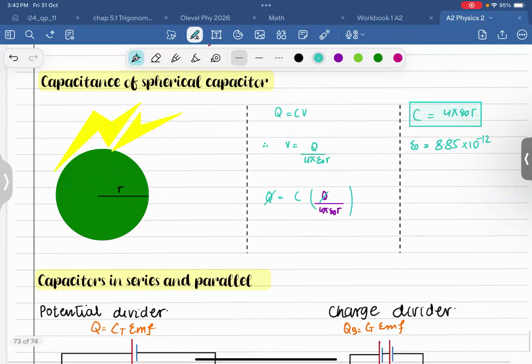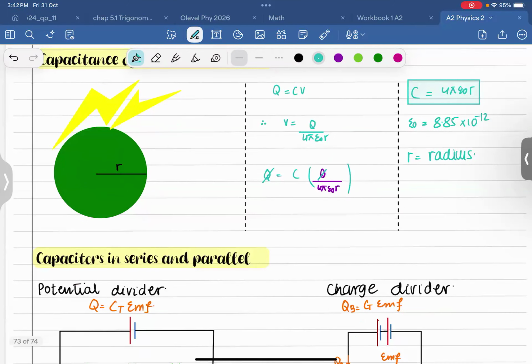While the only variable here is r, the radius of the sphere, it turns out that the capacitance of the spherical capacitor generally depends on its radius. So how big the sphere is will decide how much the capacitance is going to be, right? So we can say that